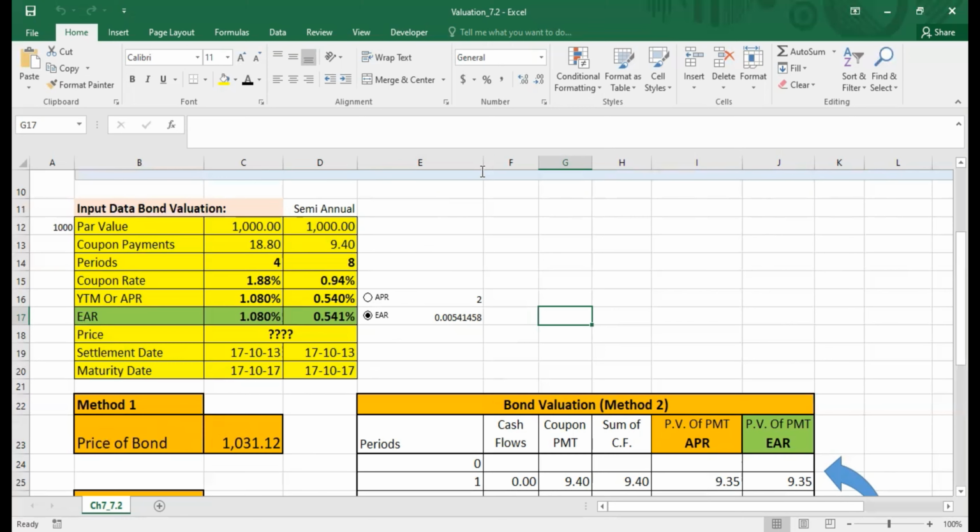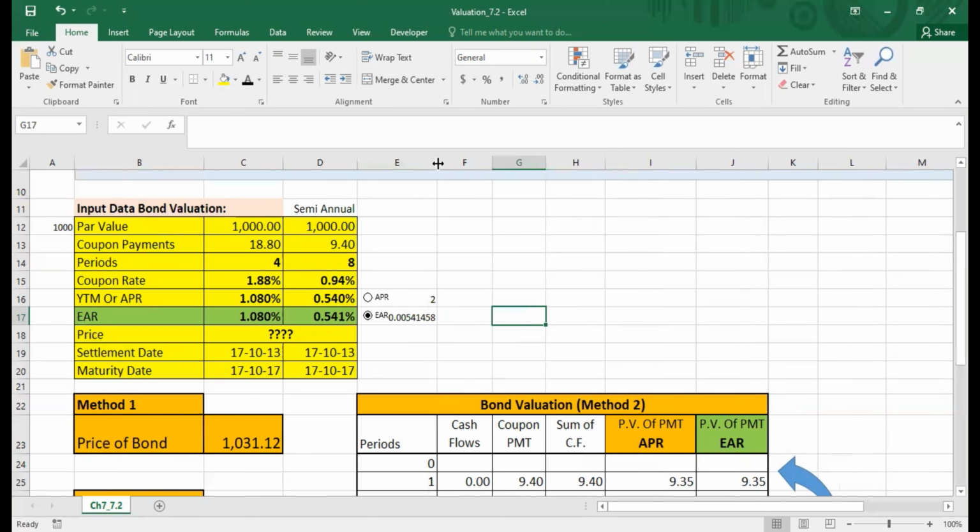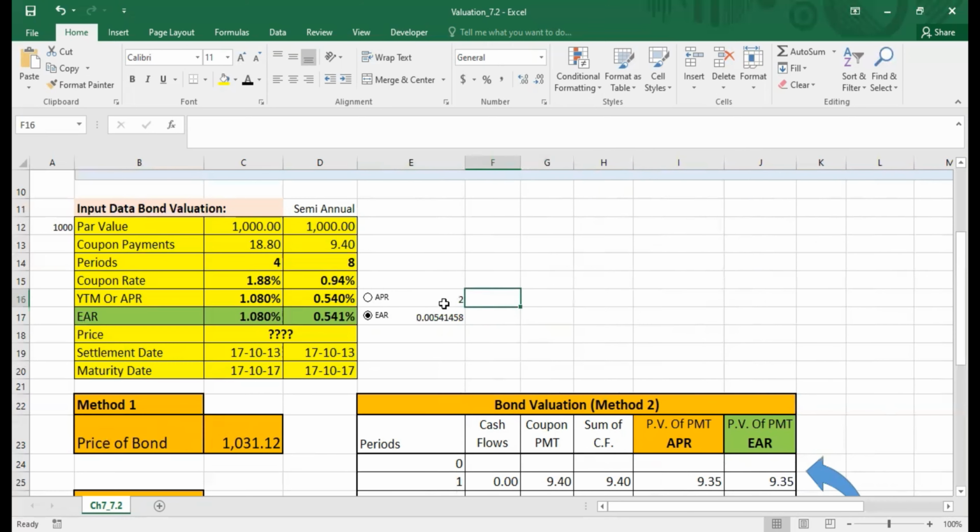Now, as I already mentioned to you guys, it is always important to hide your functions. If somebody is working on your sheet and they don't know where you have given the values or written the formulas, then there is a possible chance that they can edit this information, and most probably your sheet will not work. So the best way is to hide the formulas.